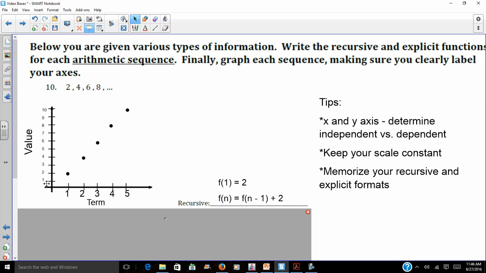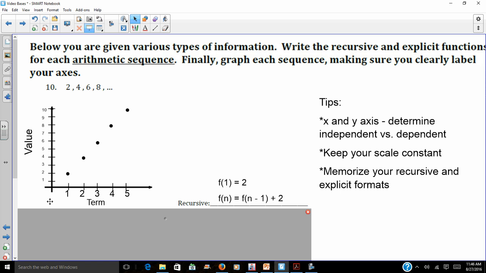We can notice that our numbers are not rising as quickly as they did on problem number 5, the video that we just did. So my y-axis is currently labeled just by 1s. I just chose to go by 1s. And that is an appropriate label in order to make sure that I can see the growth that is occurring here. Another tip that you need to remember is to keep your scale constant. Make sure that the scale that you choose is appropriate to the sequence, but is also constant, so every tick mark goes up by the same